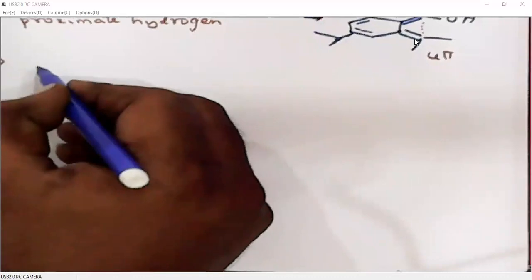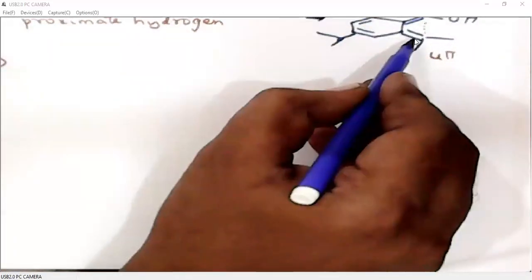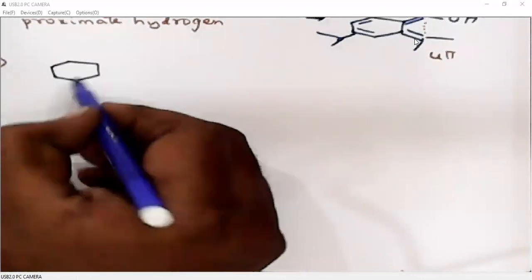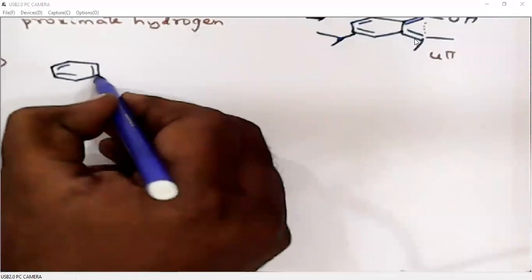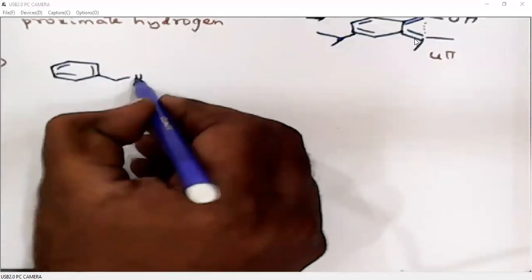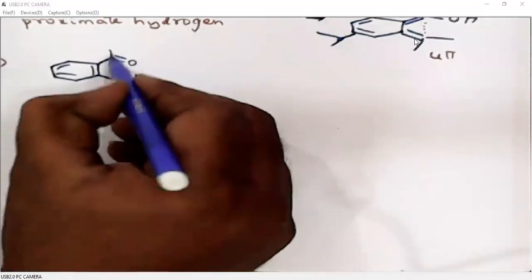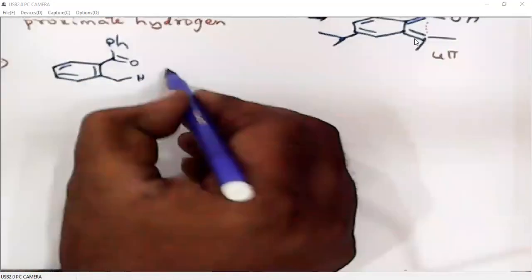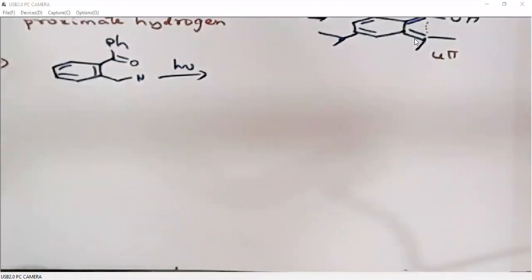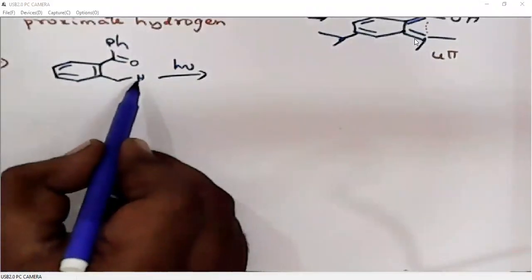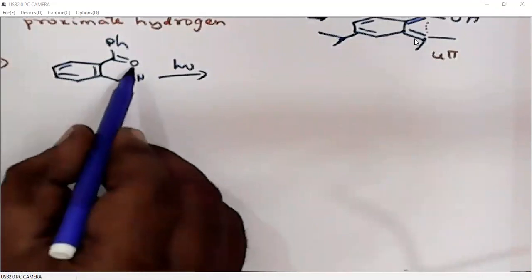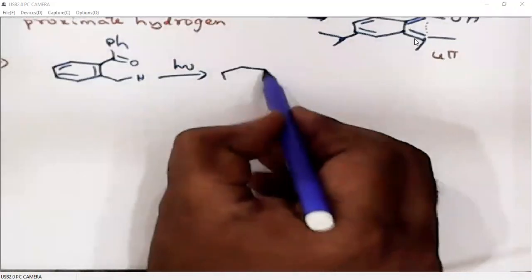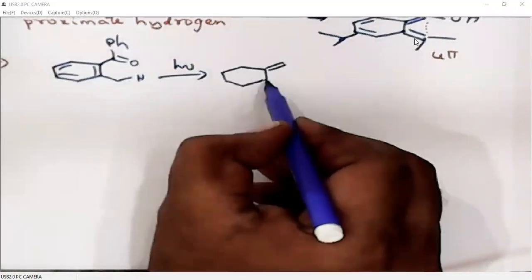The similar benzenoid diene can be utilized in a Diels-Alder reaction. So I'll give you one more example of generation of this benzenoid diene followed by a Diels-Alder reaction. When we treat this molecule under photochemical conditions, this is a sterically proximate hydrogen which has a 1,6 relation with oxygen. So I'll directly write the benzenoid formation.